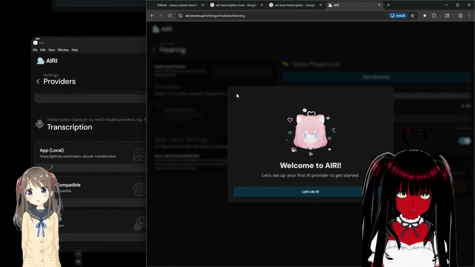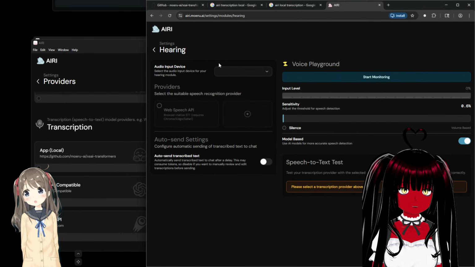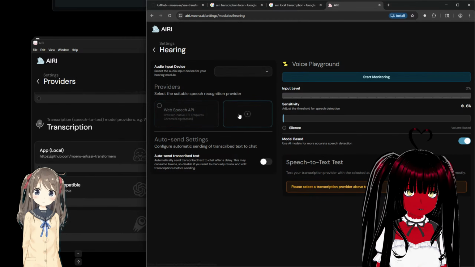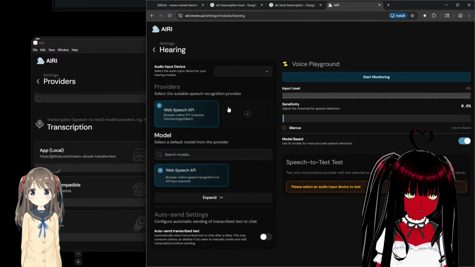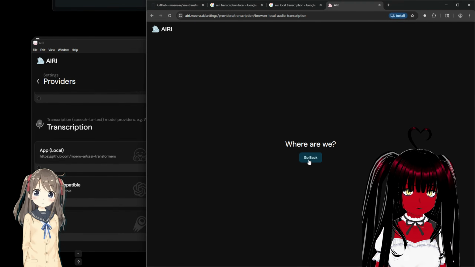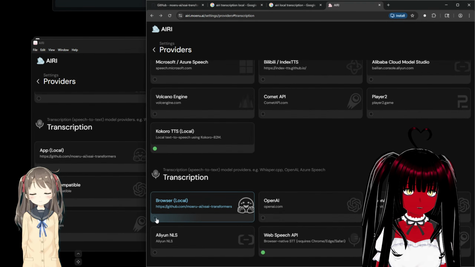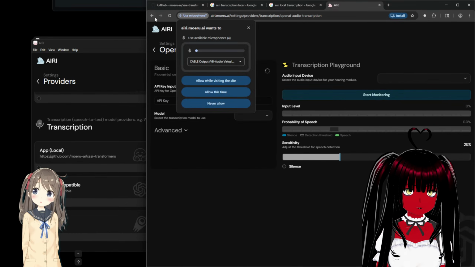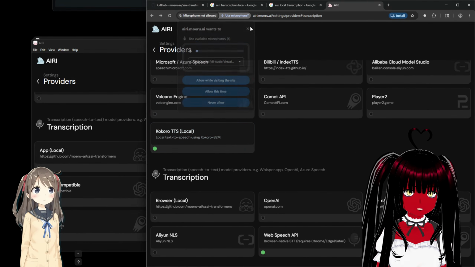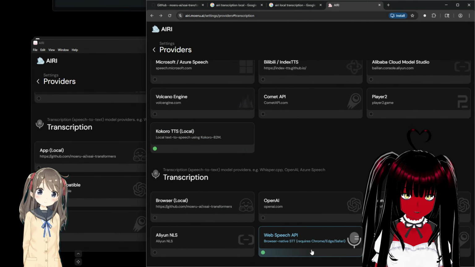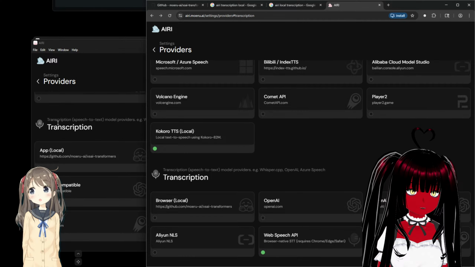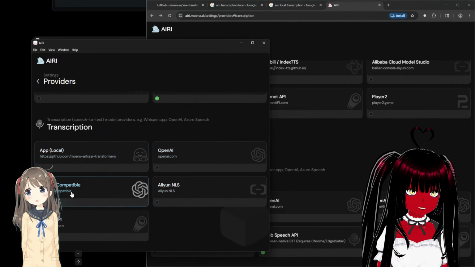Okay. Let's see what it's supposed to do when I select web speech. So OpenAI works. It even asks for microphone access. Web speech API. What is that? If I go back here. OpenAI,